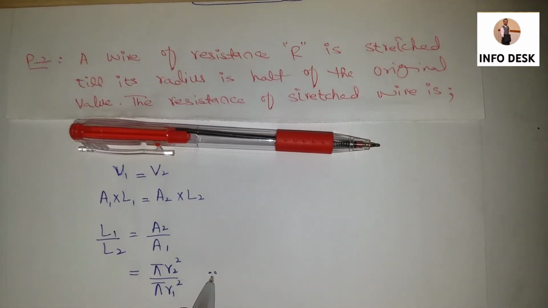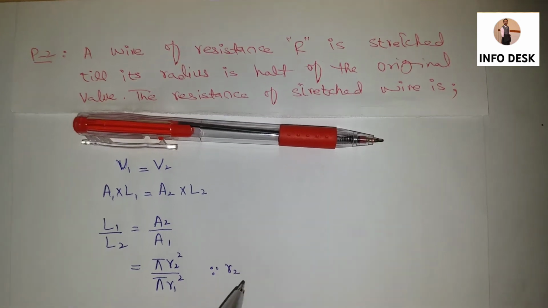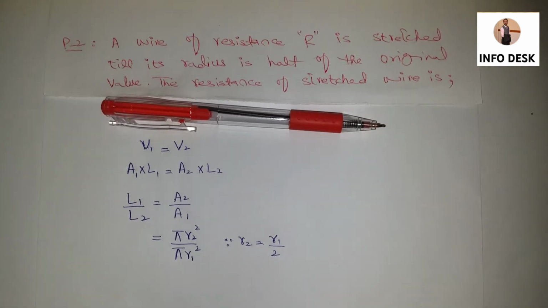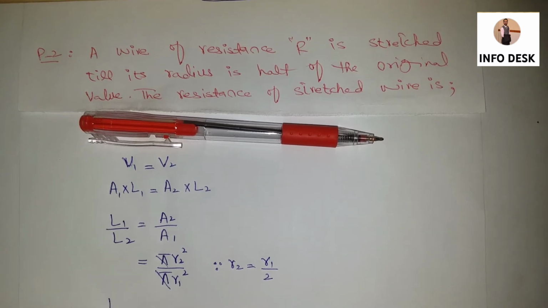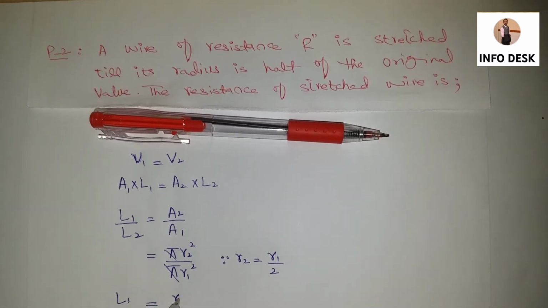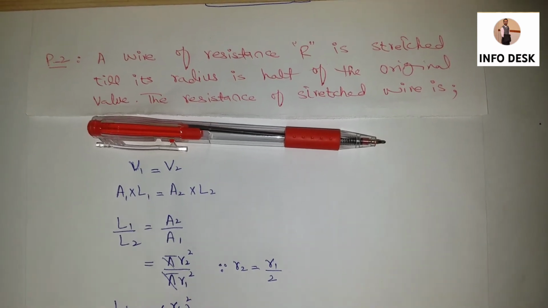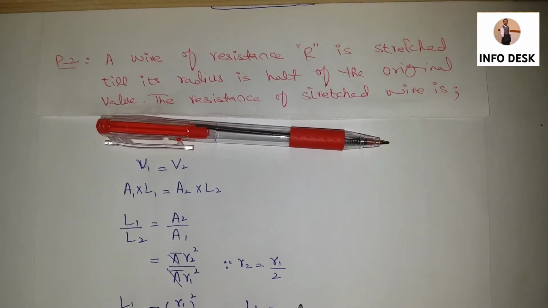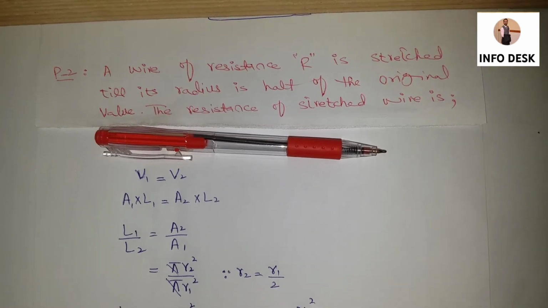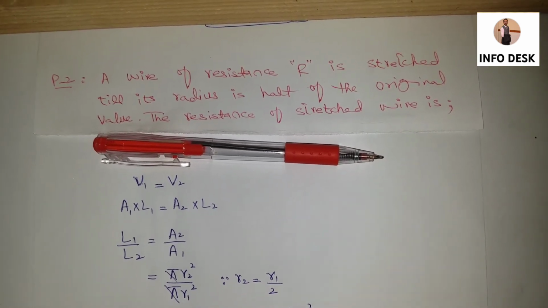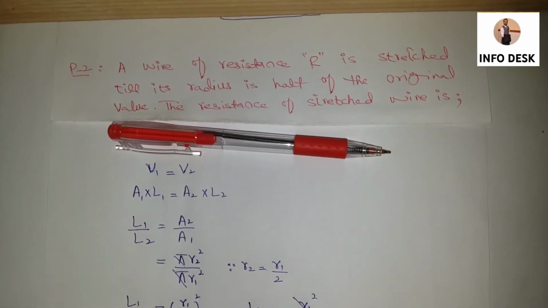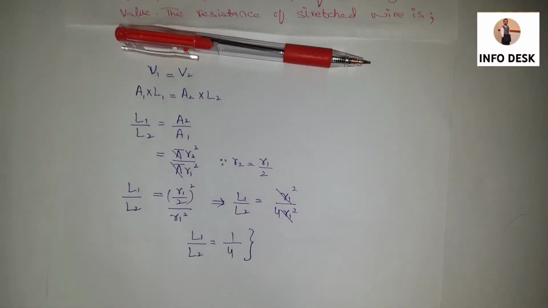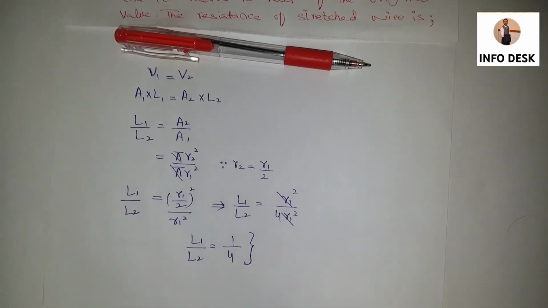As mentioned in the question, the second radius after stretching becomes half of the previous radius, so we can find the ratio of the lengths as (r1 by 2) squared over r1 squared, and the ratio of the lengths L1 over L2 becomes r1 squared over 4 r1 squared, and the ratio is L1 over L2 equals 1 by 4. Now,